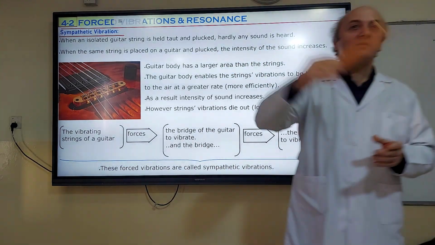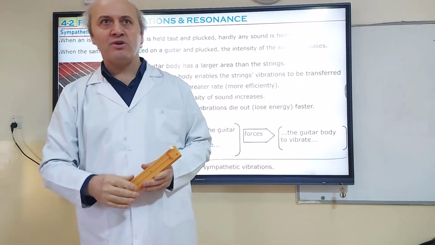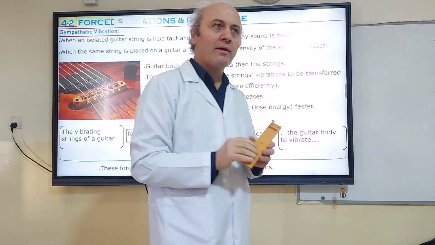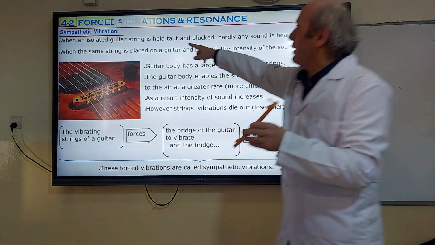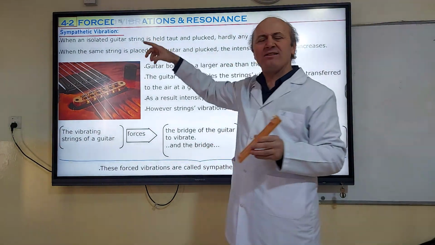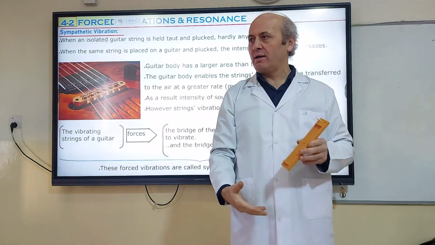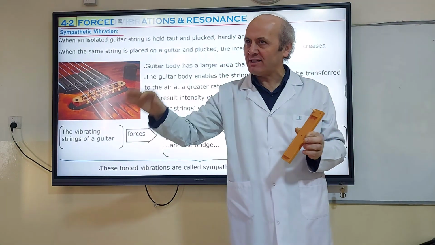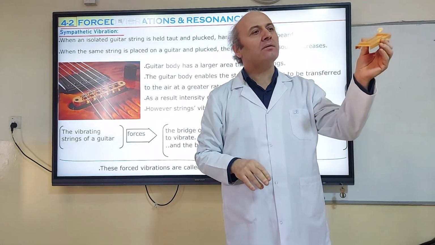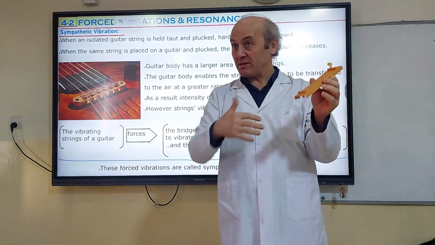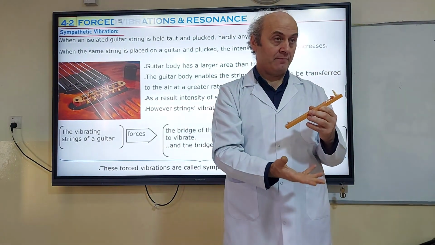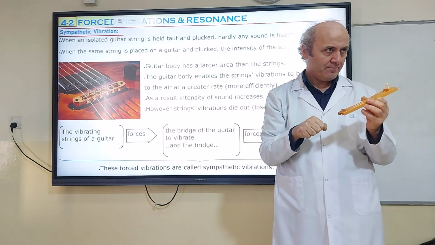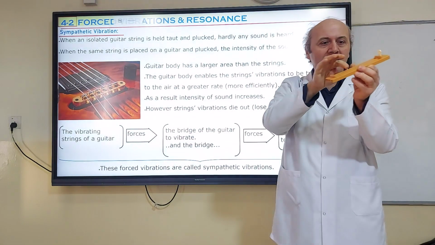Okay. So this is a model for a guitar. A guitar is a string instrument. In 4-3 we will talk about them in detail. So an isolated guitar string, isolated means it's not connected to anything, individual. You just stretch it between two fixed points. This is not completely isolated, but it is not connected to a guitar body. When an isolated guitar string is held taut, taut means stretched, and plucked, plucked means this,